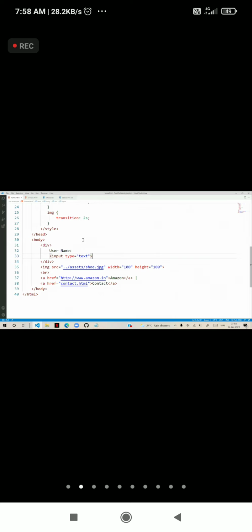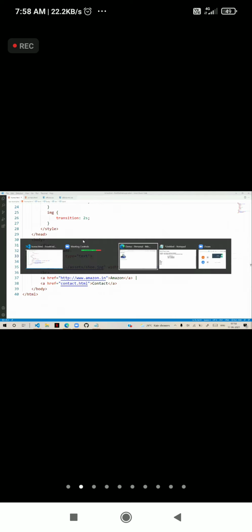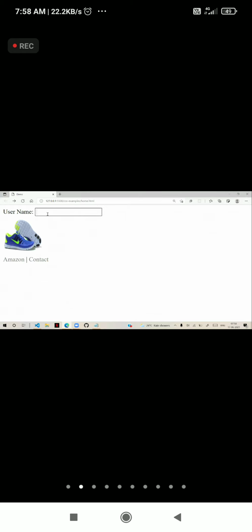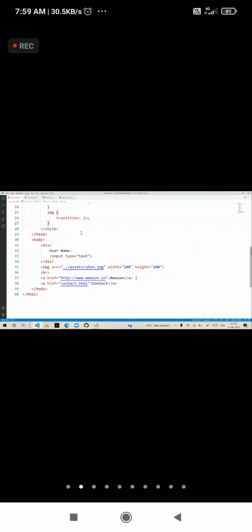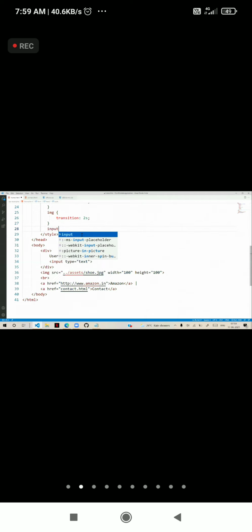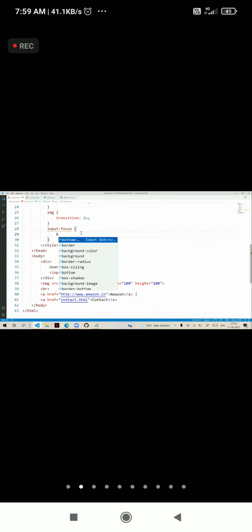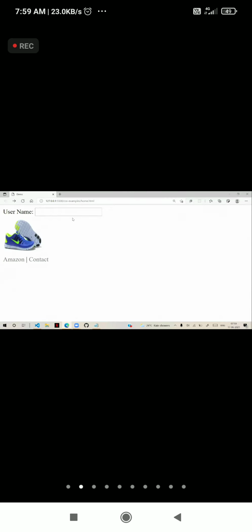I can highlight the text when the mouse pointer is inside it, when it gets focus. That means you have to just write input colon focus. When input gets focus, border I give as 2 pixel, solid. And you can see that. So when I click inside, it will be a 2 pixel solid border.